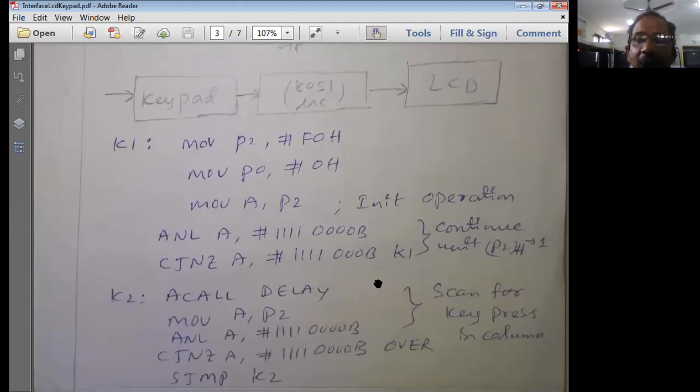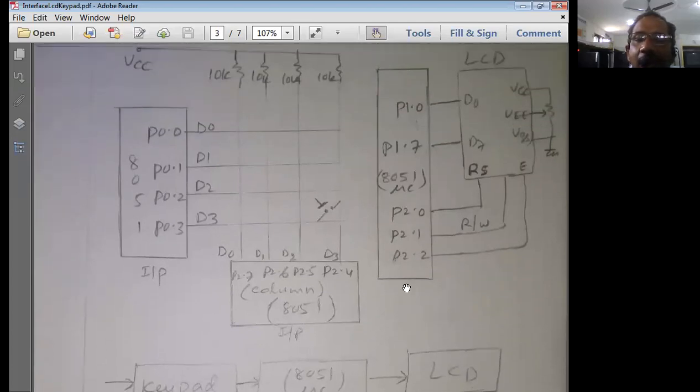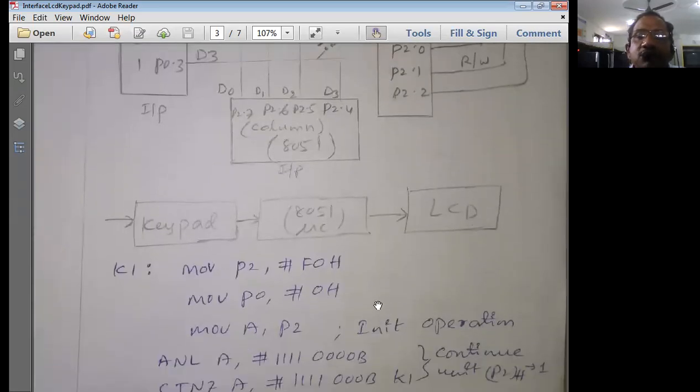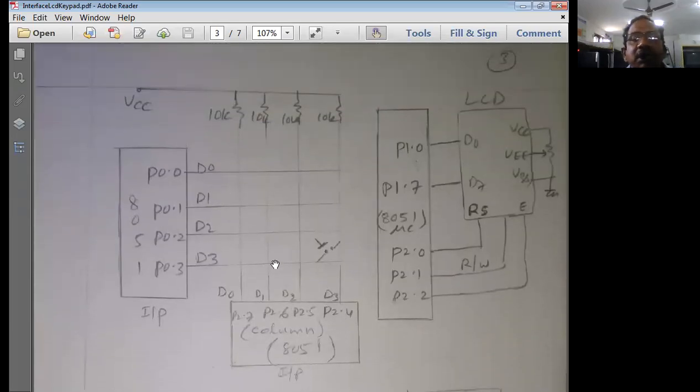Before we write the program, what is important is that we should first of all initialize the vertical columns of the port to higher order bits. You should see that all these pins are going to be at an active high level. That means initially this VCC is connected to all the port 2 higher order pins. See, VCC is connected to D3, VCC is connected to D2, VCC is connected to D1 of port 2 higher order bits. Like this we have connected all the bits. That means initially it should be all ones.